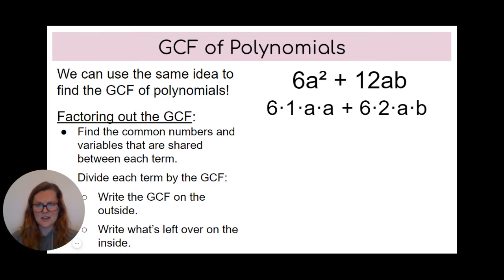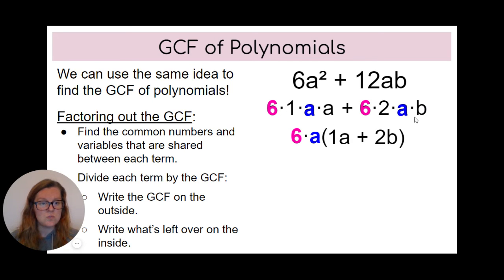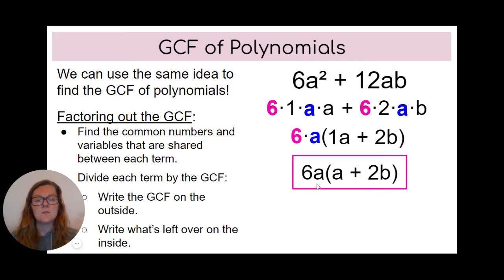Now I need to see, hey, what do they have in common? Well, they both have a 6. And notice they also both share one a. So I'm going to go ahead and highlight those as well. Whatever you can find in both of those terms, that is what you are going to take out and write once. So I'm going to write the greatest common factor on the outside, the 6 and the a, write a parenthesis, and now essentially you're just going to say, hey, what is left over? Well, I have a 1a here, and I have a 2b here. I'm going to see if I can clean it up a little bit. If there were more than one number or variable on the outside, you could multiply them here. But again, I'm just going to have 6a, parenthesis, a plus 2b.